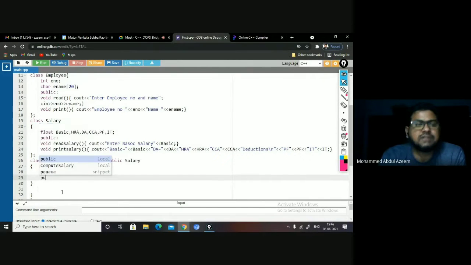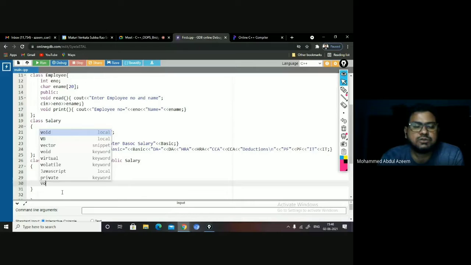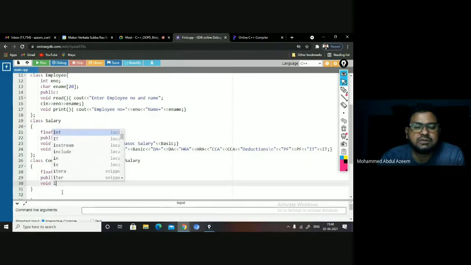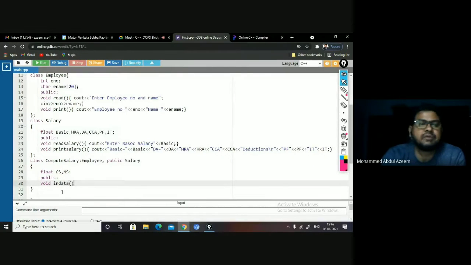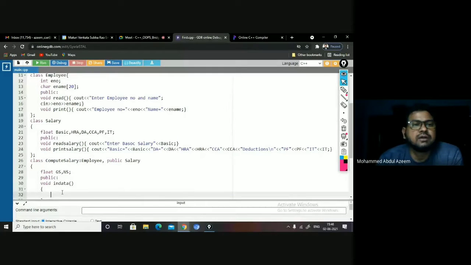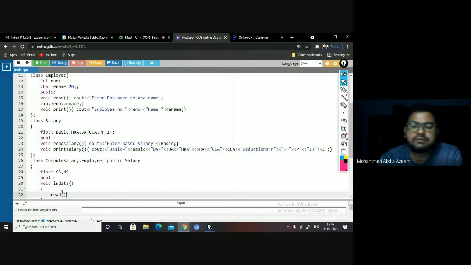Okay. So now let us take the functions here. I wanted to have one function to read the details of employee and salary. So I'm having the function name as in data. So this in data function is going to access read function. Read function is coming from where? It's coming from employee. See, this read is a public function of employee, but when it has been inherited privately,